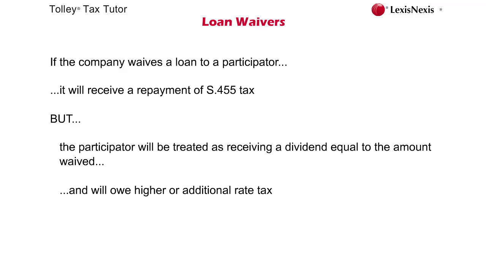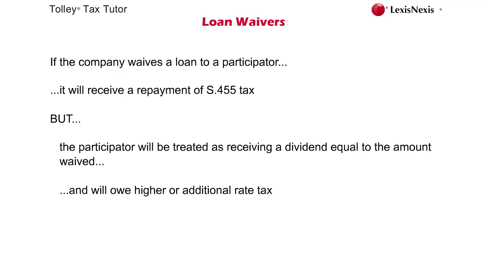This treatment also applies if the participator is also an employee. The write-off or release is still treated as a dividend and not employment income. However, it is not strictly a dividend from the company's point of view. The release or writing off gives rise to a debit under the loan relationship rules, and this is not an allowable deduction for tax purposes.